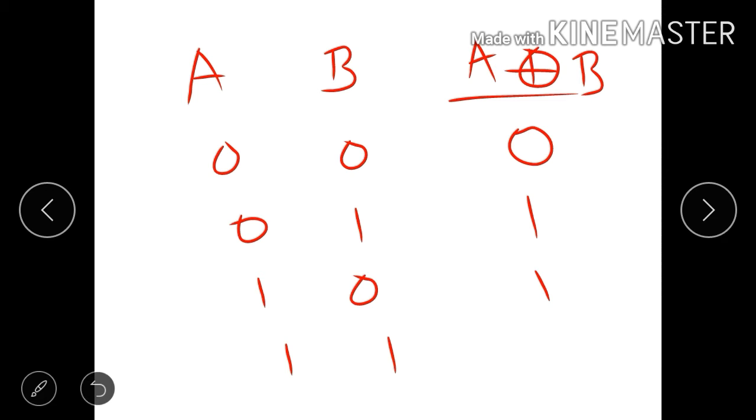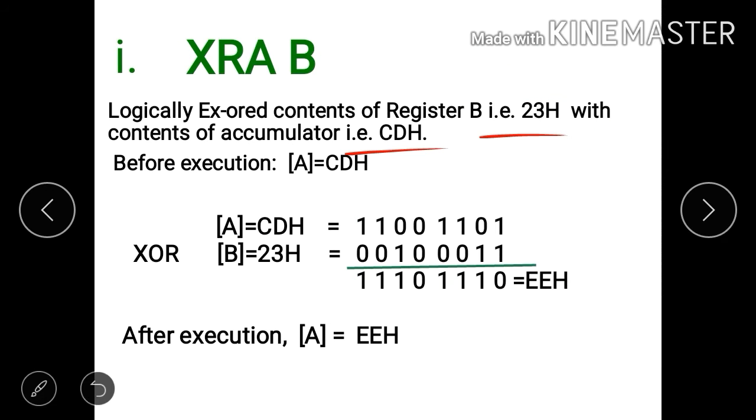When both the inputs are high, the output will be 0. So in the XOR instruction, when both inputs are the same, the output will be low. When both inputs are different, the output will be high. So we will see our example.